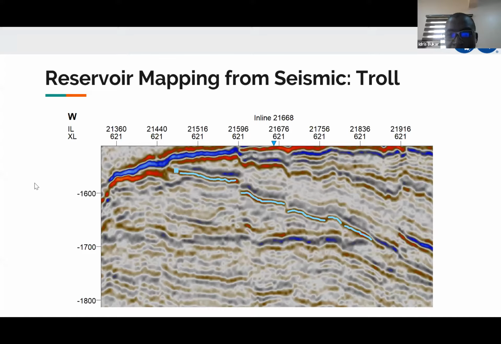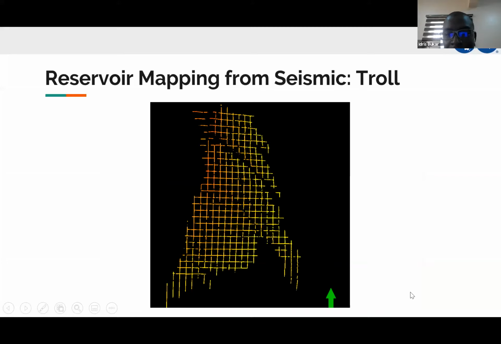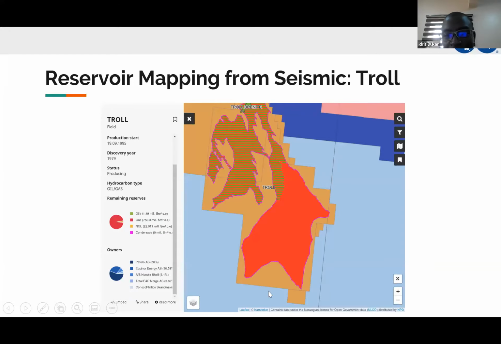And if you did that, you would probably get a shape that is bigger than the actual shape of the field. So I suppose they are mapping only the hydrocarbon bearing section, but for reservoir engineering purposes, the water leg is quite an important part. But then even when you are doing your volumetrics, you do it at least at a very basic level. You do it from the fluid contact to the top of the structure.